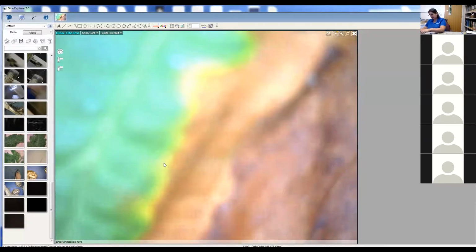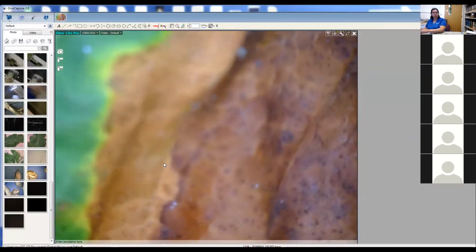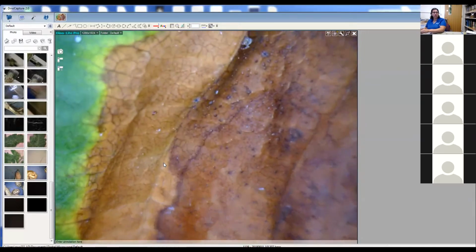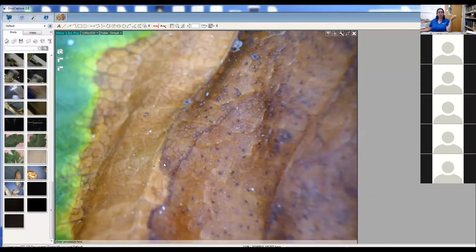I'll get you down a little bit further so we can look at pycnidia all day long. These are the easy ones for you. So you can see these, you can identify these, and that's how you know exactly that you have a fungal pathogen, you have a fungal leaf spot, and that can be,